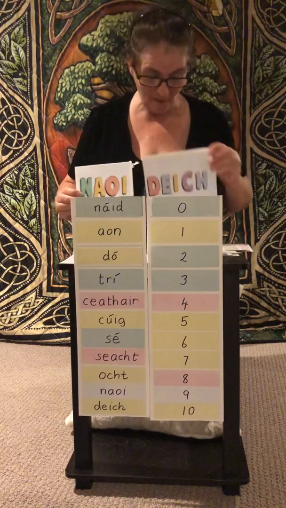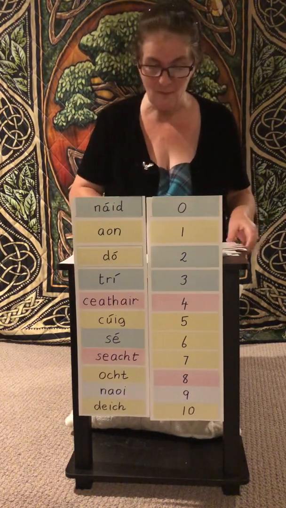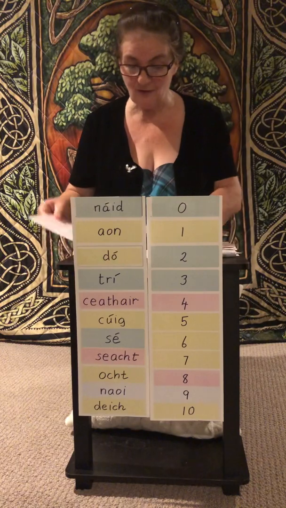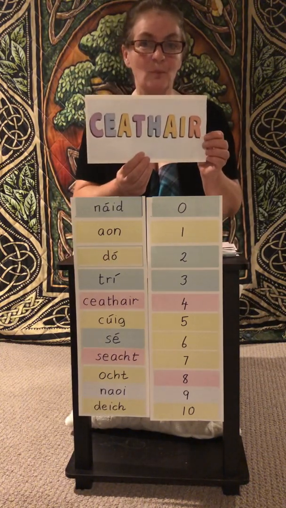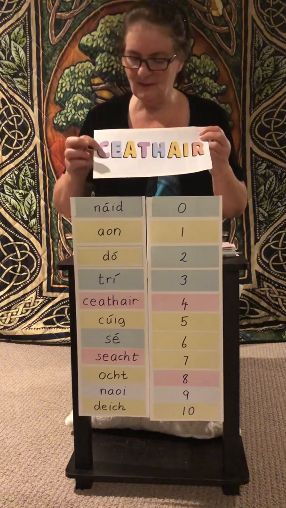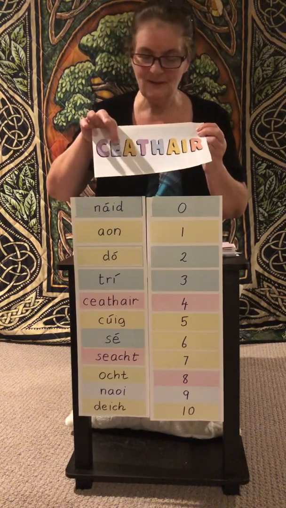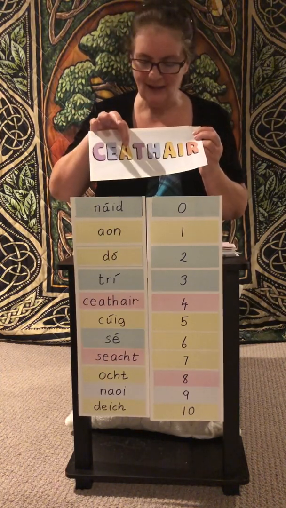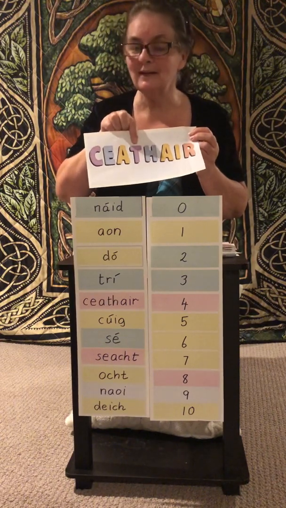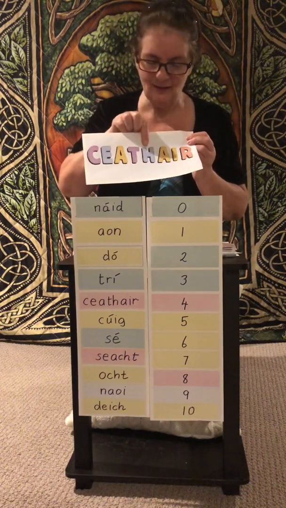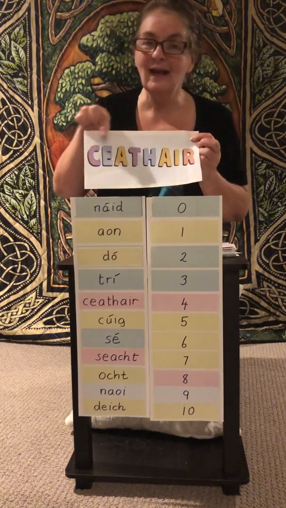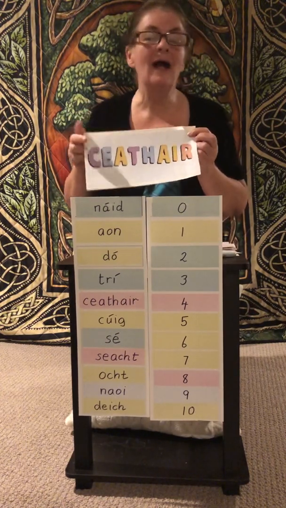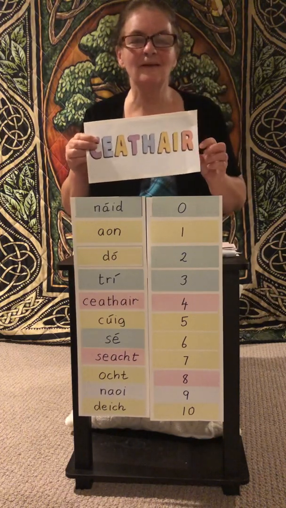Okay, only 1 to go. I left it till last because it's long. It's number 4 and that's what it looks like. But we're going to skip letters. K. We're going to skip the E and go to the A. Ka. We're going to drop the T completely. Ka. We're going to skip the A and go to ir. Kahir. And we're going to do a little breath on that R at the end.